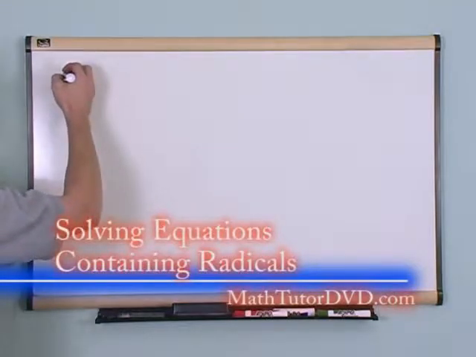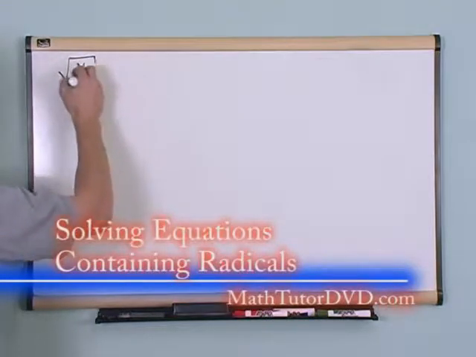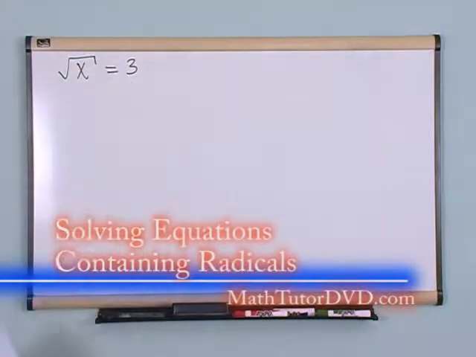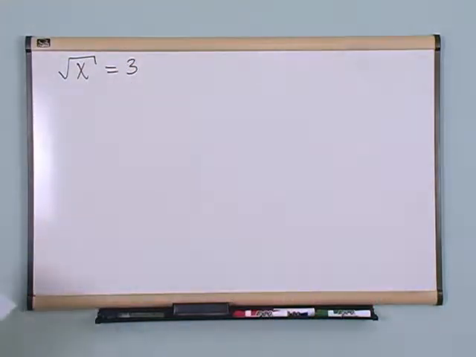What if you have an equation that goes like this? Square root of x is equal to 3. And you want to solve this equation, obviously. You want to solve it for the variable x. Okay? As is true anytime you're trying to solve an equation, what you're trying to do is get